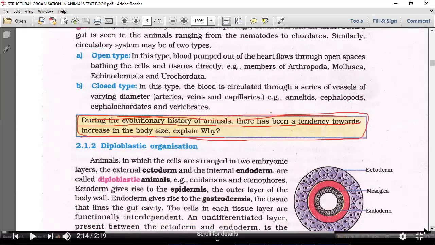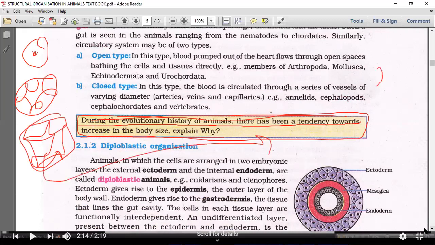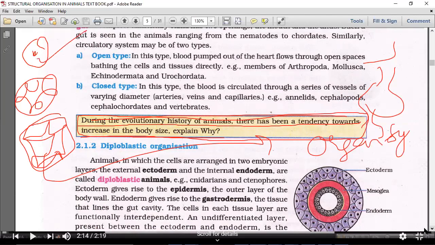According to the chapter, we can say, earlier, unicellular organisms are present, single cell. Then after what happened? Multicellular. Then a certain group of tissues get formed, and tissues are organized into organs. Organs are organized into organ systems. That means when we go from a single cell level to the organ system level, definitely in due course of time, the size of the organism will increase or not. So the question is asked in that angle, and our answer is also given in that angle.